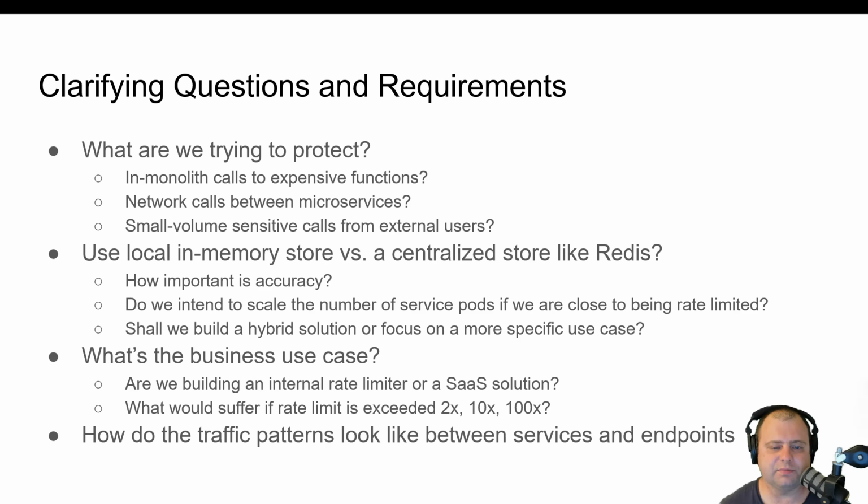For example, do we have a setup where one service has a cache and calls another service if a cache miss happens? If so, you can suffer from a situation where the cache gets busted for some reason, and then you get hit with a surge of requests you normally don't get. So there are a lot of questions, and depending on the answers, things can go very different ways.